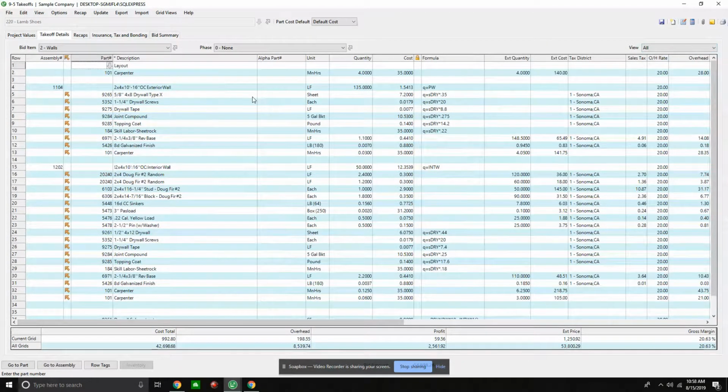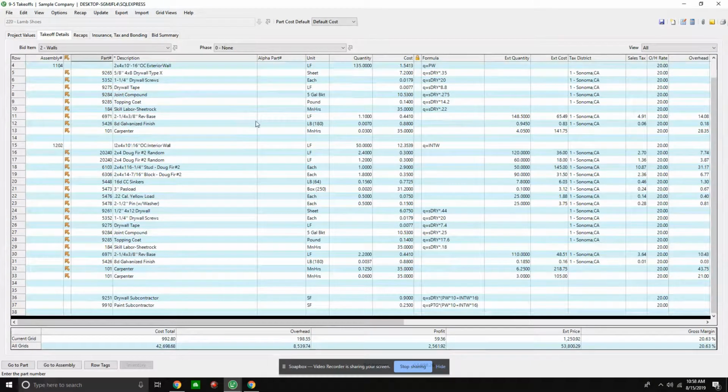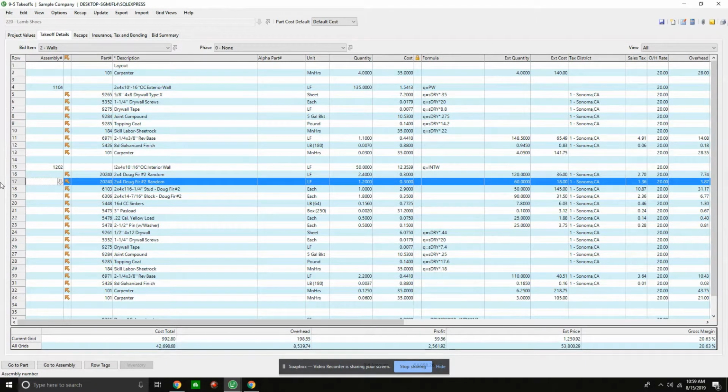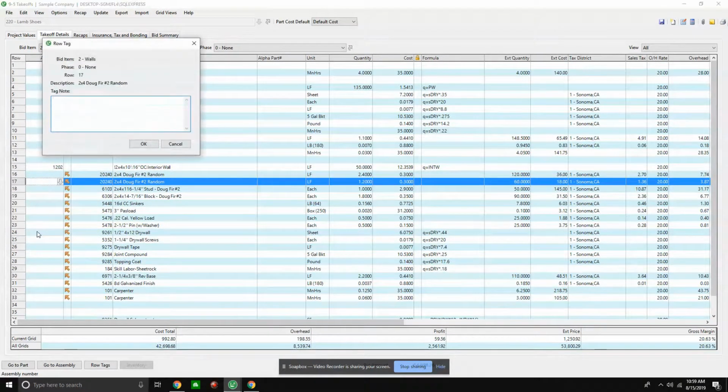But especially when I have a very large takeoff with many different moving parts, I also have the chance, if I need to go back and review something, say I'm waiting on vendor pricing or I'm working on a different part, to tag different rows within the solution. So I'm not jumping all over my estimates trying to find things that I need to review. For instance, I'm going to set up row 17 as add, edit, row tag.